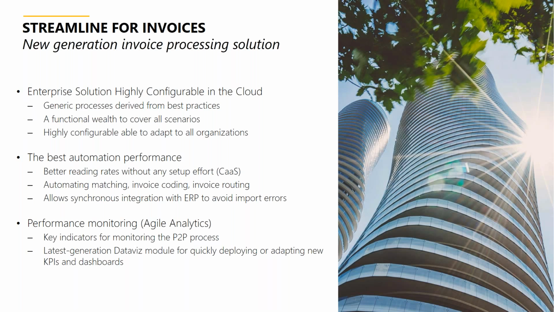That means that it deals with a lot of things. Let's take the 80-20 rule, 80% of the stuff out of the box already. The key thing about it is the automation aspects. You don't have to look after that. We know our product. We know what the automation rate should be. We look after that for you. That means that we set it up, we run with it, we optimize it on a regular basis so that you get the highest rates possible.